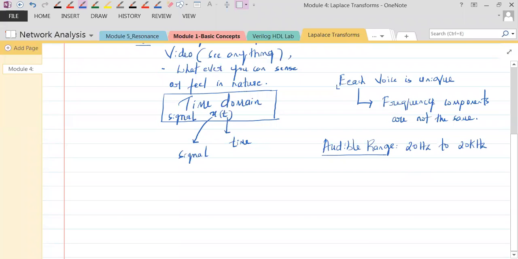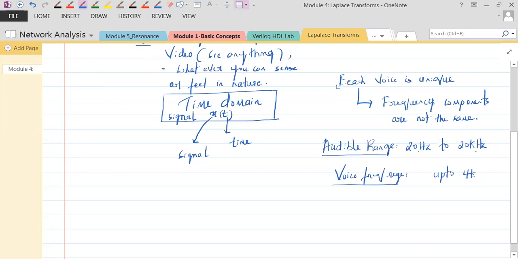Okay, the audible range of frequencies. In this range you can listen to the frequency. Maybe human ears are not good enough to listen to this, and they are not good enough to generate this particular frequency also. So if you take voice frequencies, voice means human voice, understand? Okay, the voice frequency range, if you take, it is up to